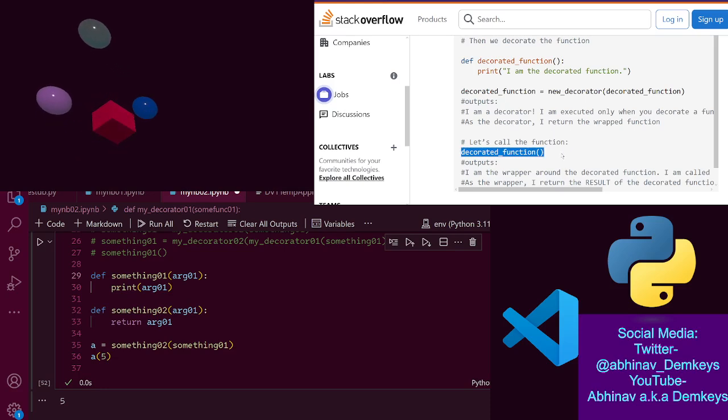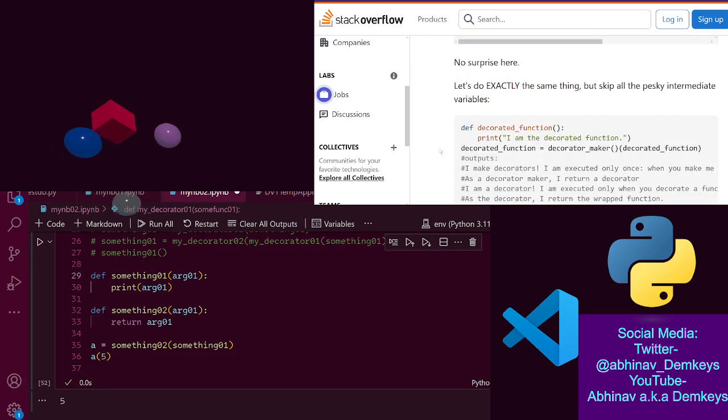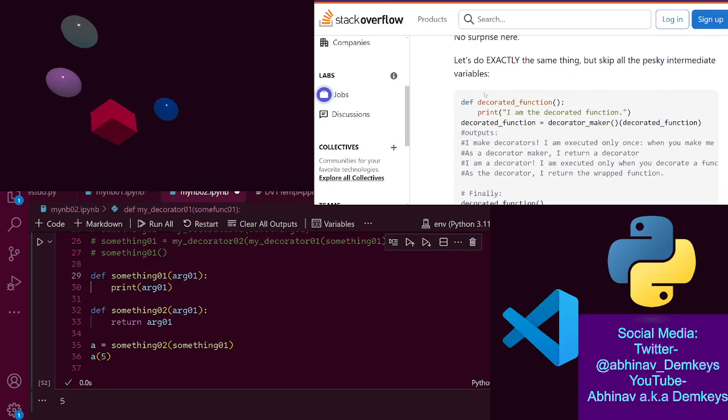But like, oh yeah, okay. Because we are passing in the decorated function. So then we are calling the wrapper, right? And that outputs the wrapper. Okay. All right. And so because of that, we